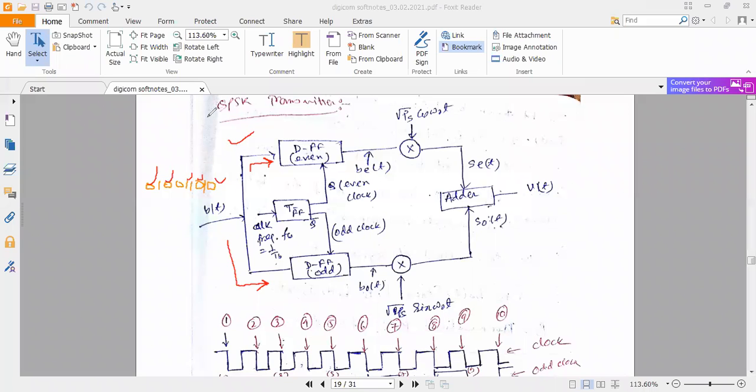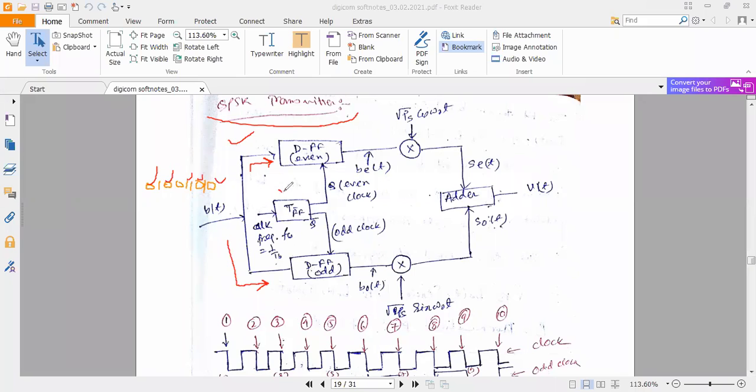So, it's the QPSK transmitter circuit. We are having two flip-flops here, a D flip-flop on the upper side and a D flip-flop on the lower side. The upper flip-flop accepts only the even position bits of the input, and the lower D flip-flop only accepts the odd bits. When the clock is present at the flip-flop, only then is it activated. That means the data, whatever the input, will go to the output when the clock is present.